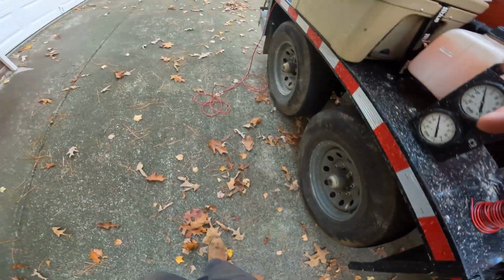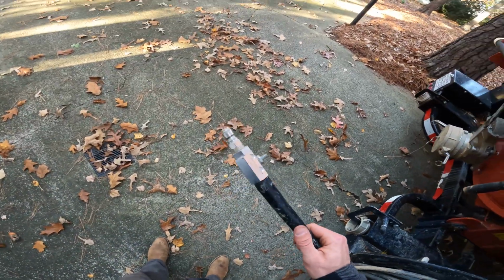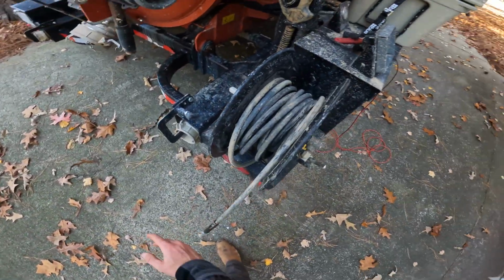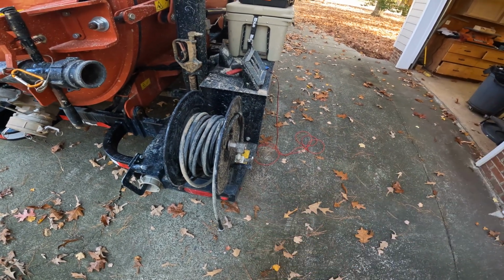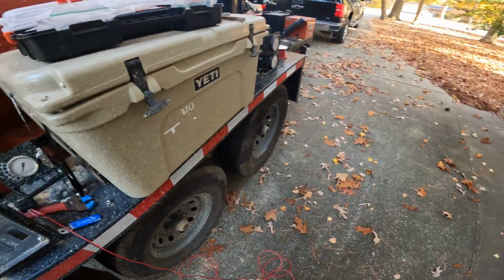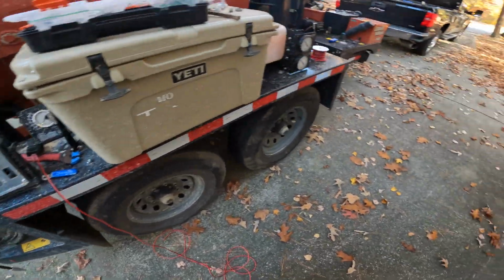To fix that, previously I've had this valve on the end of my pressure washer hose, and that's how I've been turning it on and off. But over time I've started to feel like that's putting some wear on the pump. Whenever you shut it on and off, it's a very violent pressure change through the system. So I'm thinking what we're gonna do now is I'll take that valve off there,